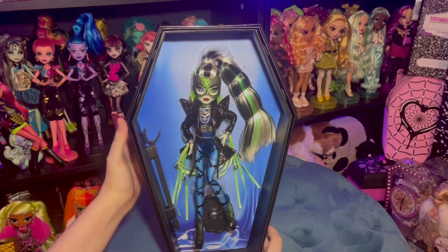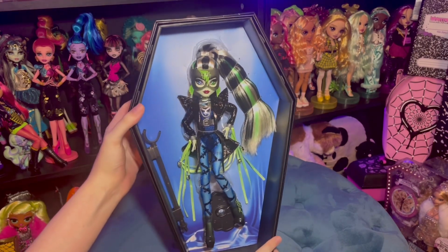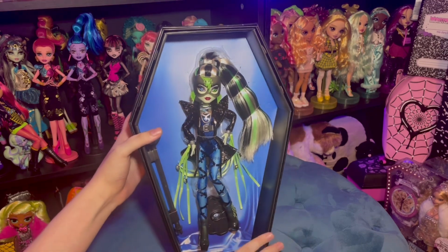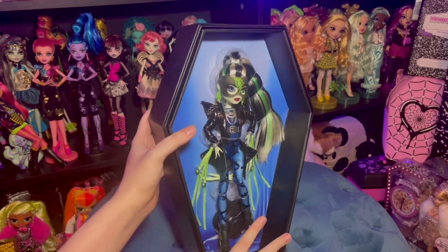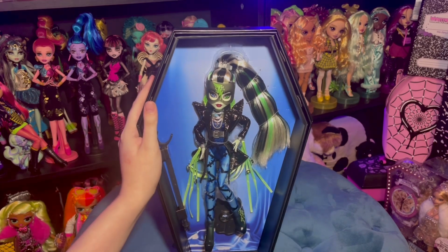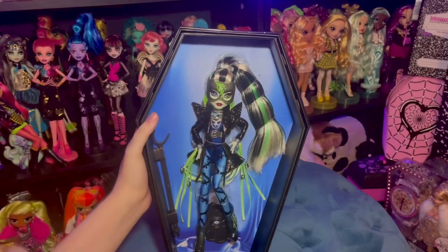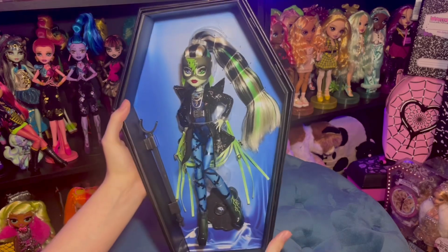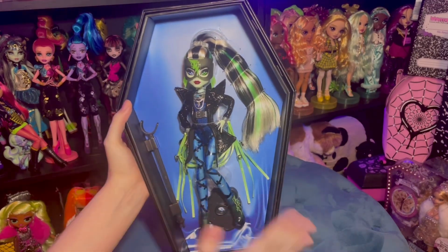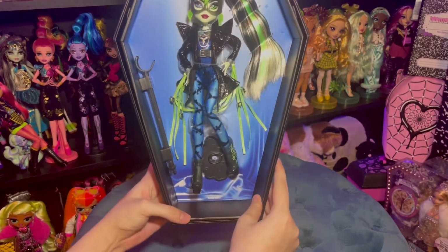So today I'm actually doing something that I never ever do, which is unbox this Frankie doll. I usually keep my collector dolls in the box because I think they look nicer in the box. Anyway, for one, I don't have enough room to display this Midnight Runway line in the box side by side on my shelf because the first wave of Haute Couture dolls is taking up too much room. And two, there's a lot of dead space in this box. Like, you guys see this whole section on the left here, there's nothing there, and I don't think the background is anything to write home about, so I kind of don't really have a problem deboxing this doll. I think the exterior really looks beautiful, but I'm not going to be just looking at the exterior of the box, so